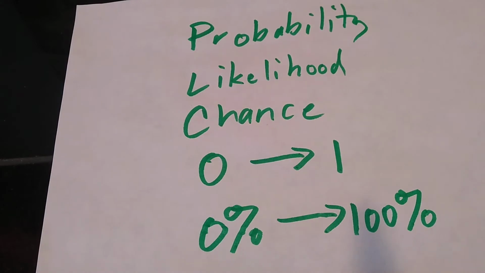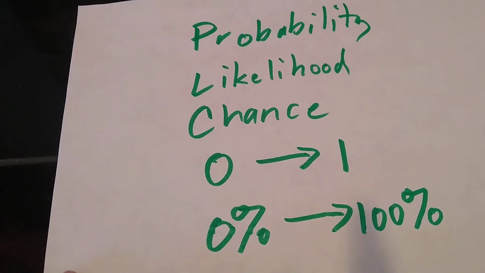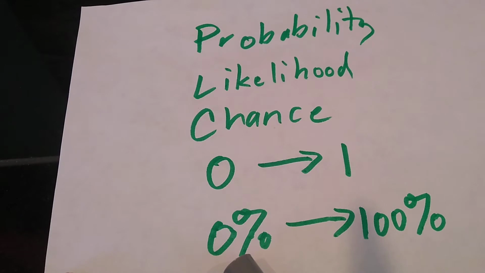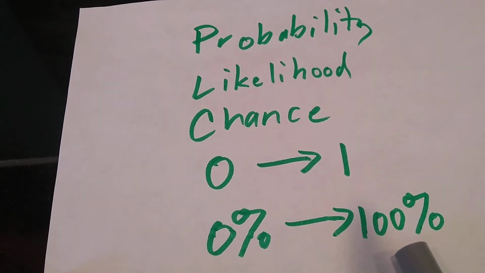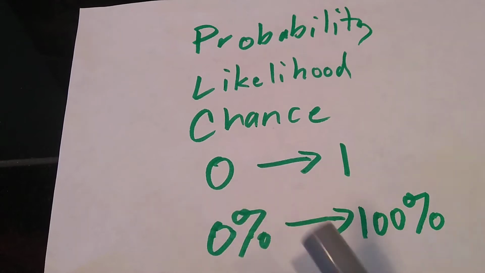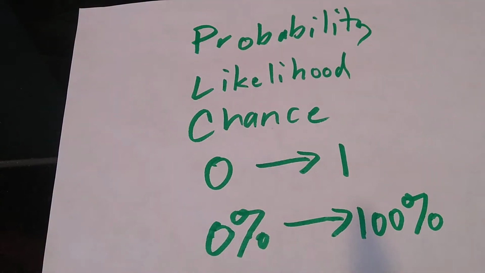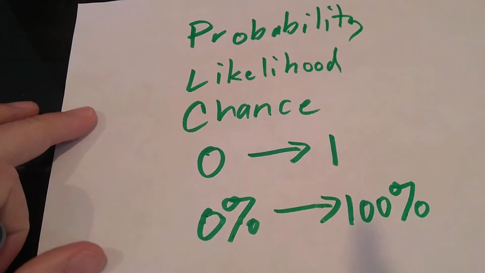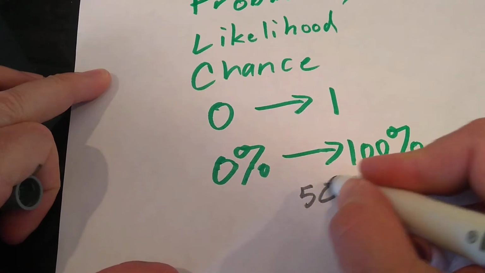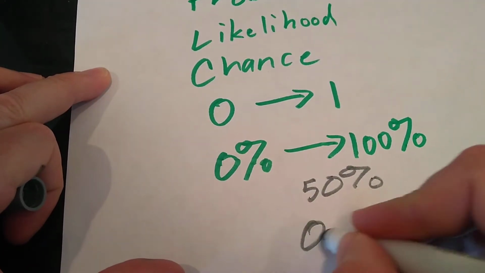We just started, and when we talk about probability, we're talking about the likelihood or chance of something happening. Typically, most people refer to these from 0% to 100%, like there's a 0% chance, no chance, versus a 100% chance, definitely going to happen. But in reality, oftentimes the probability is expressed as a number from 0 to 1. It's a decimal. So like flipping a coin, you'd say it's 50%, probably,